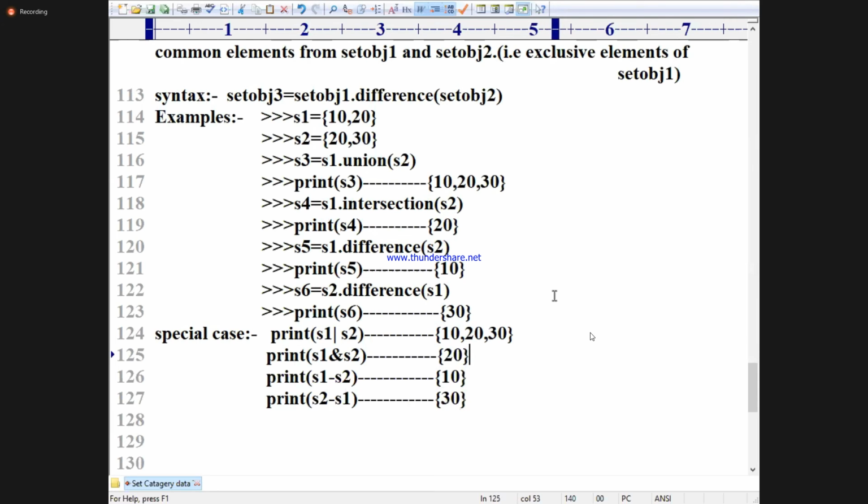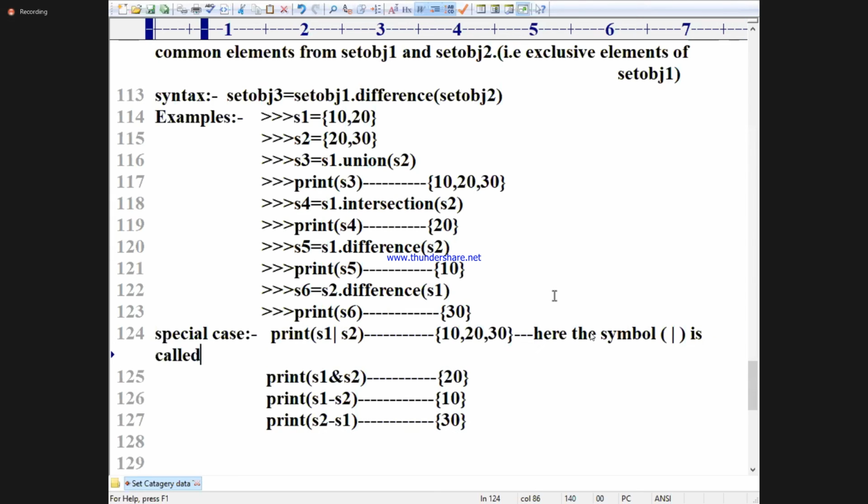If you want, here you can write one small line. Here, the symbol in the bracket, the symbol like this is called what? Bitwise OR.